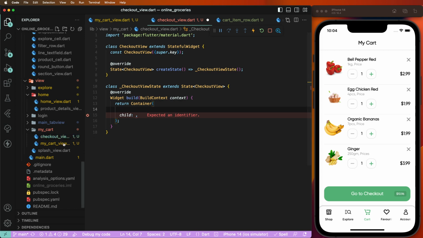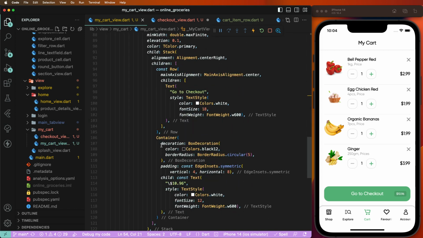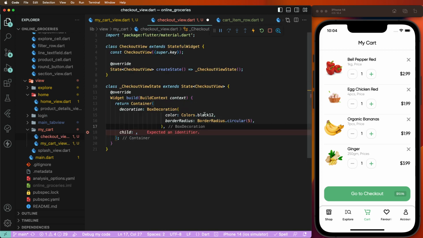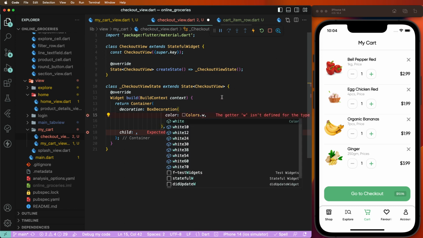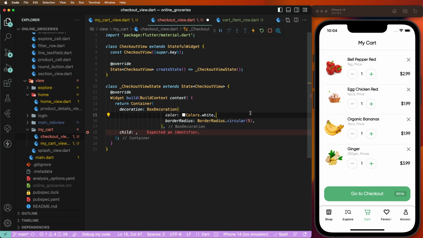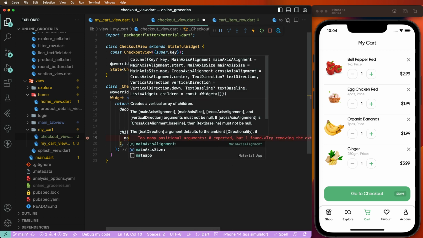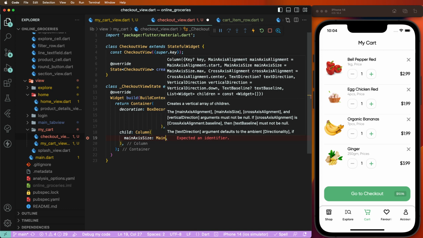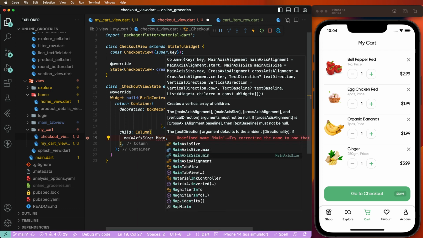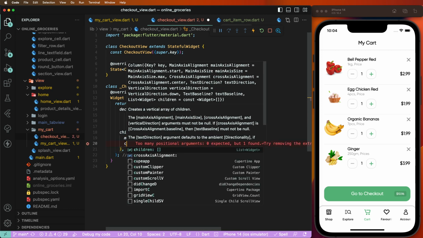Get the box decorations. To copy these decorations here and here. Now need to set color as a white. Then after need to set here border radius. We need to set here the 30. Now need to give here the main axis size and set it as a minimum. And after